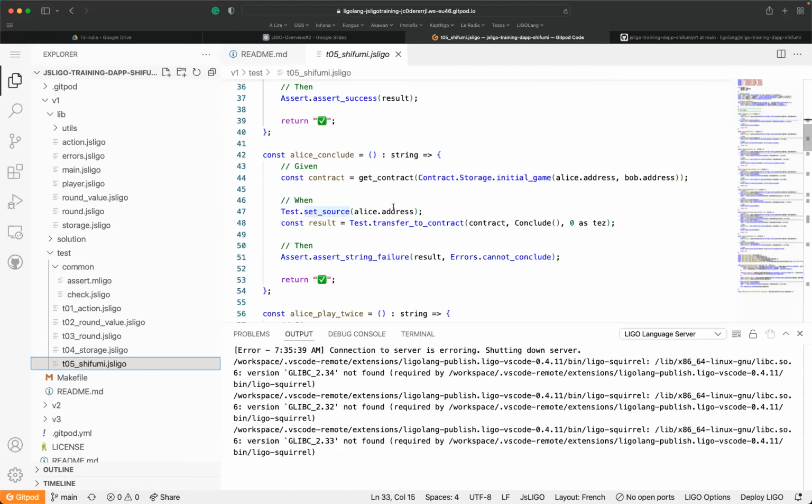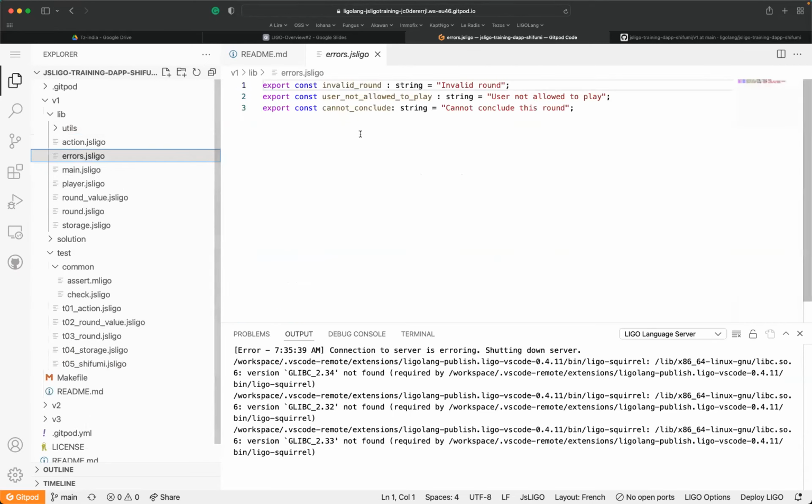Alice would like to conclude, but the game has not been played yet. And here we should have a string failure, which is cannot conclude. The cannot conclude error has been designed in the error file, which is here. It's just a string, and we are going to see how to raise this error.